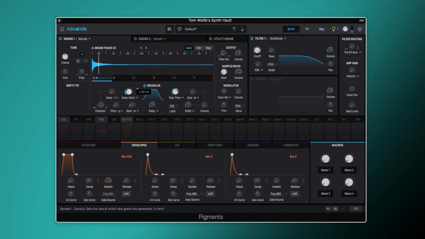But then we can turn the density up and we actively hear it speeding up and becoming more dense. Then of course you get these sweet spots between the density and the size as well,